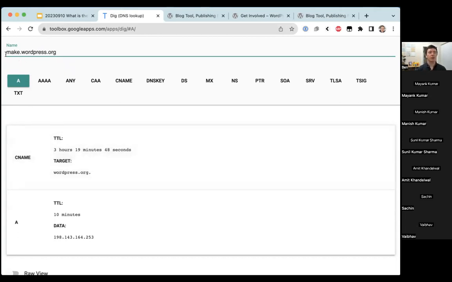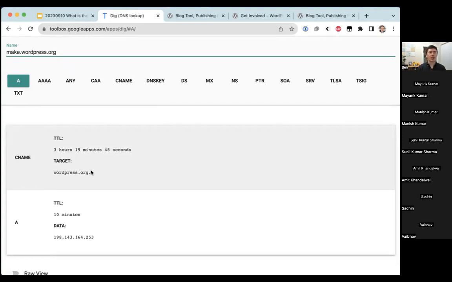So if you're looking for DNS records for make.wordpress.org, the CNAME record says use the same information as if you were looking for WordPress.org. So in this case, the WordPress.org website and the make.wordpress.org website are both owned by the same organization. All the records are saved in the same authoritative name servers, and they actually use a lot of